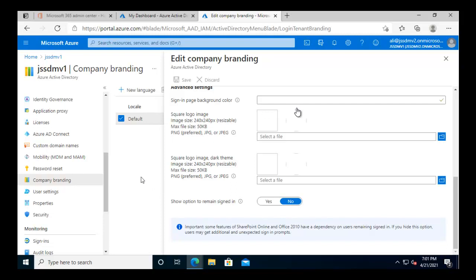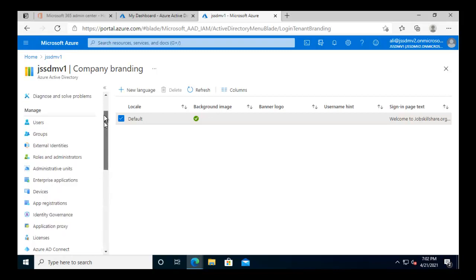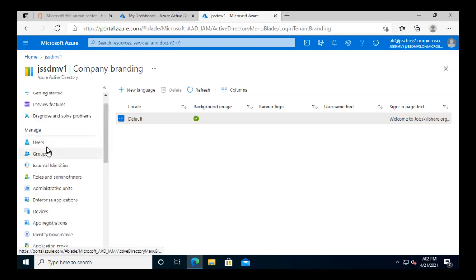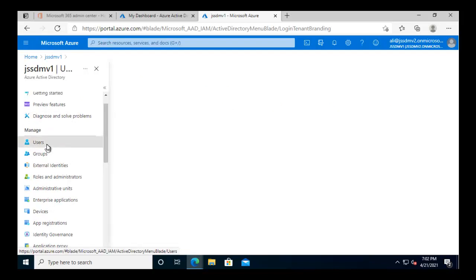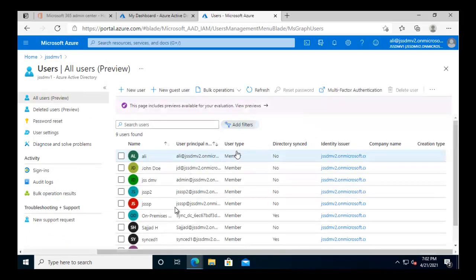So once you did that, because I'm not going to change anything, it's on the requirement, it's up to the need. Now here let's assign the licenses to the newly created user that we created in the last project. So click to the user under the manage, and here you will start seeing the list of all the users. So let me click to this one, the JSSP, this one,